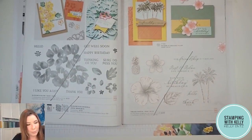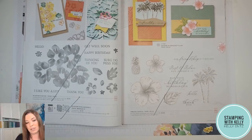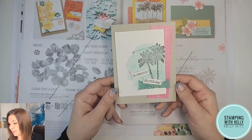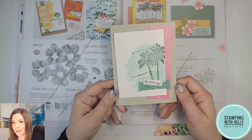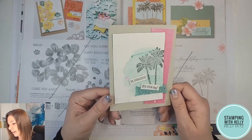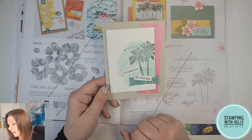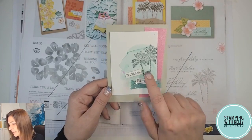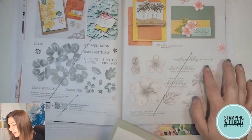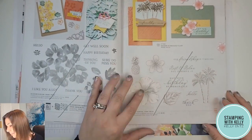On page 21, we've got our Timeless Tropical. This is a really fun tropical, it's like a vacation, really. Susan gets this every day maybe in Florida, but this is my little vacation in a card. And all I did was smoosh on some ink with my water painters and then stamped the palm trees over top. I love this set for all of the beautiful different imagery, the pineapple,